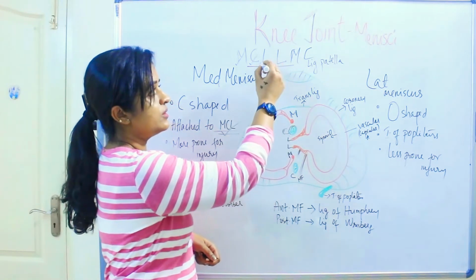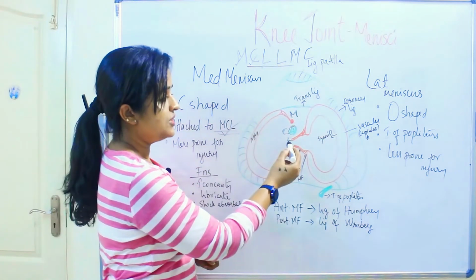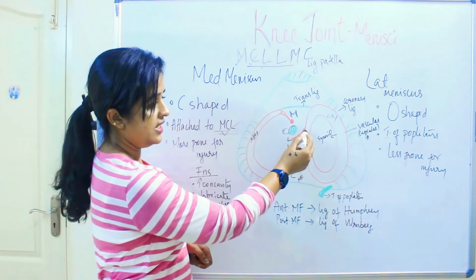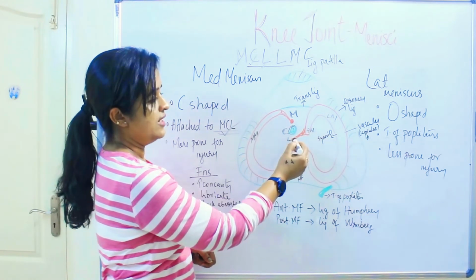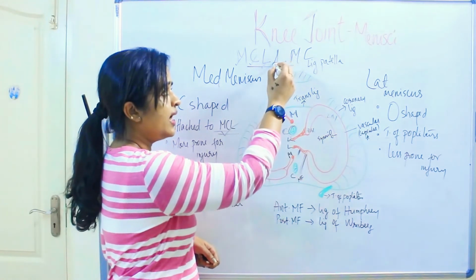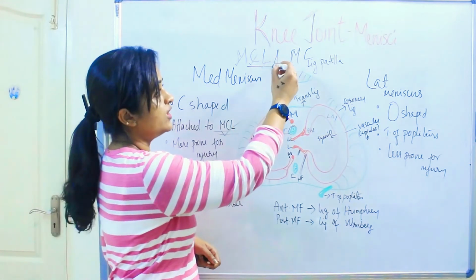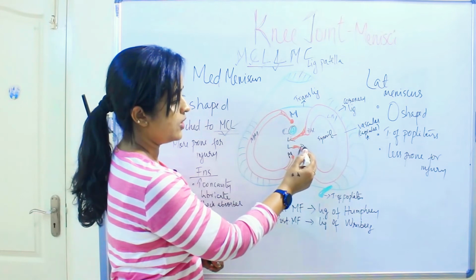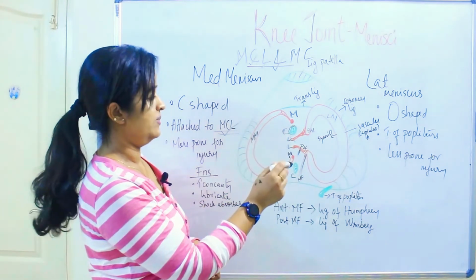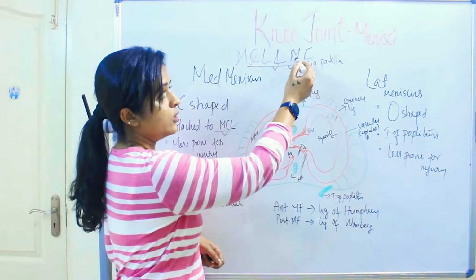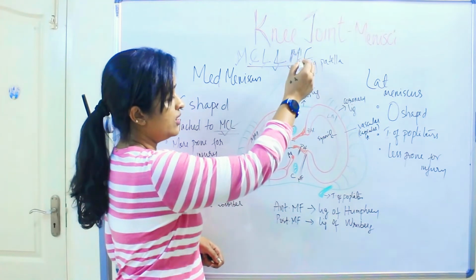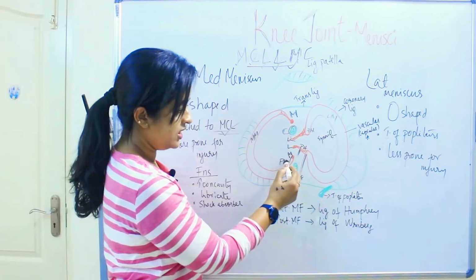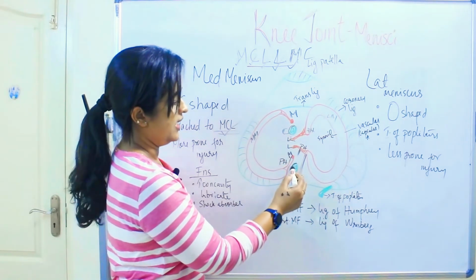The third one is Lucknow Medical College, L. L stands for the lateral meniscus, so this is the anterior horn of the lateral meniscus. Then again you have the Lucknow Medical College, so L again, it is the lateral meniscus, but this time it is the posterior horn of the lateral meniscus. The next letter is M, which stands for medial meniscus, but this time it is the posterior horn of the medial meniscus, and ultimately